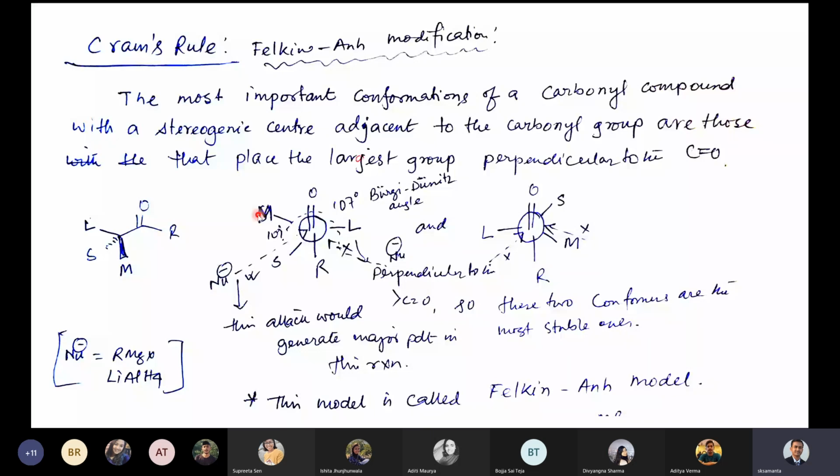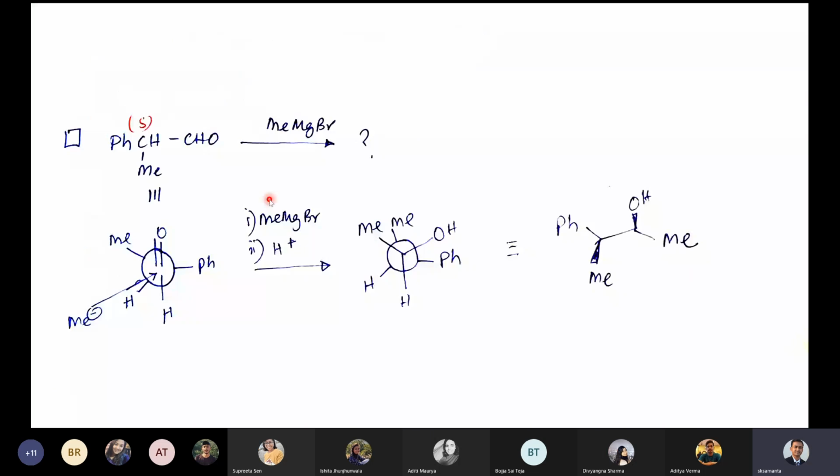So basically this is your arrangement for this compound. L is your phenyl, M is your methyl, S is your hydrogen. This is what we have put here. So now do you understand how we converted this starting material into this Newman projection formula? If you can do this one without any mistake, you can do the rest. But if you cannot do this one, you cannot do the rest. Got it? Clear? Did you understand how I converted this one to this one? Yes or no? I want an answer from everybody. Did everyone understand?